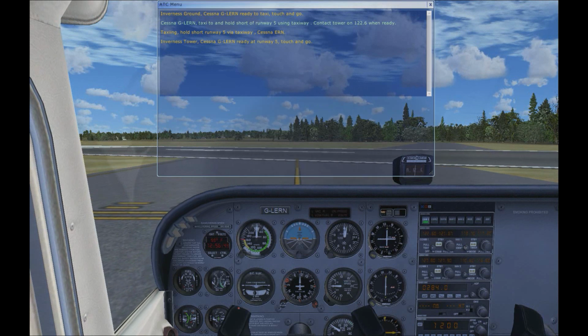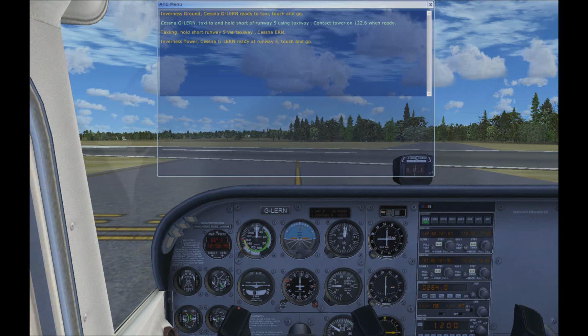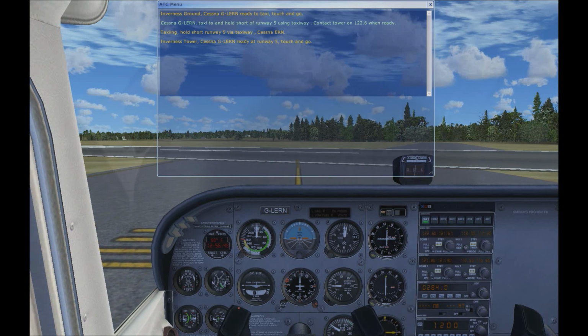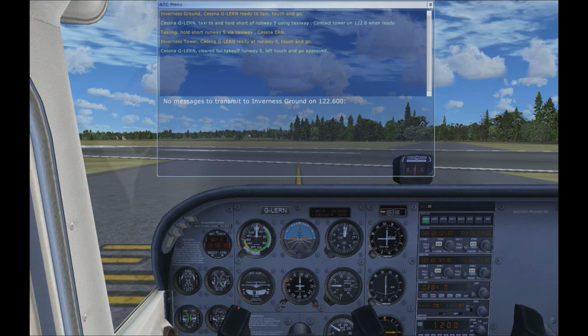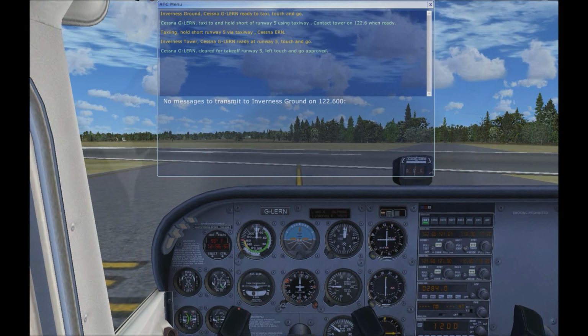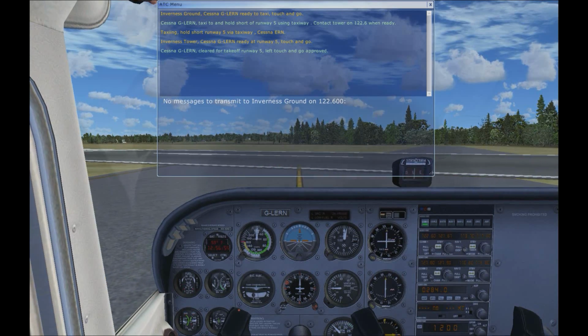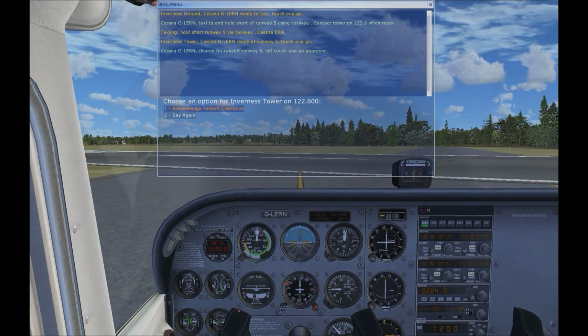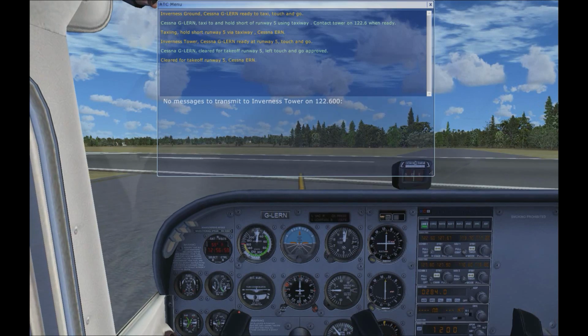Inverness Tower, Cessna Golf Lima Echo Romeo November, ready at runway 5, touch and go. Cessna Golf Lima Echo Romeo November, clear for takeoff, runway 5, touch and go, left traffic approved. Cleared for takeoff, runway 5, Cessna